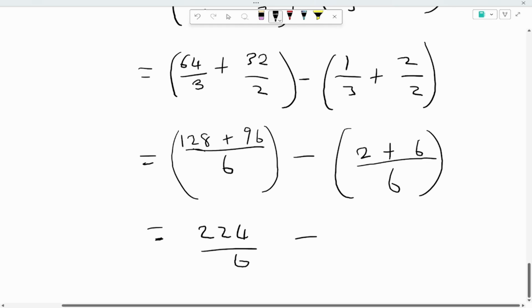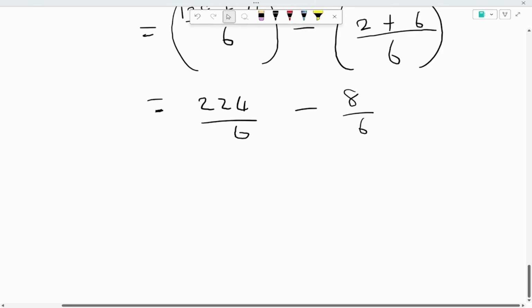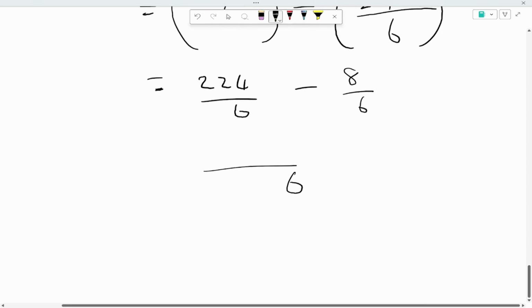Now you can leave your bracket. 2 plus 6 give you 8 whole over 6. So now you have 6 as the LCM. 6 divided by 6 will be 1. 1 times 224 will be 224 minus 6 divided by 6 will be 1. 1 times 8 will be 8. So when you do 224 minus 8, it will give you